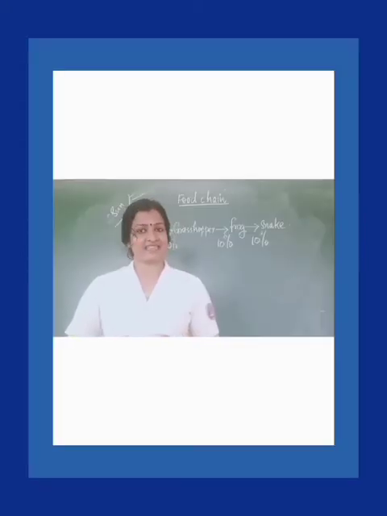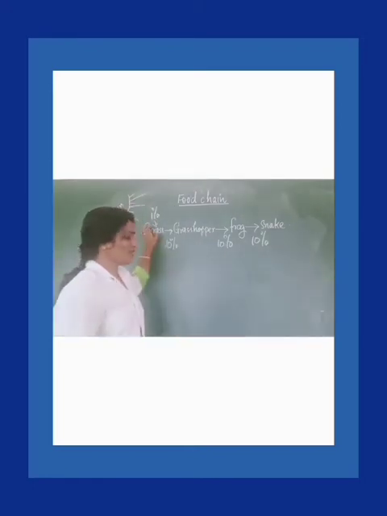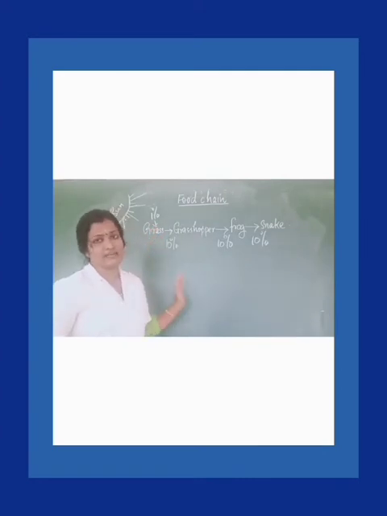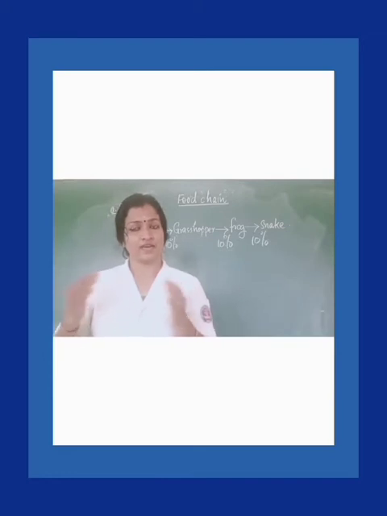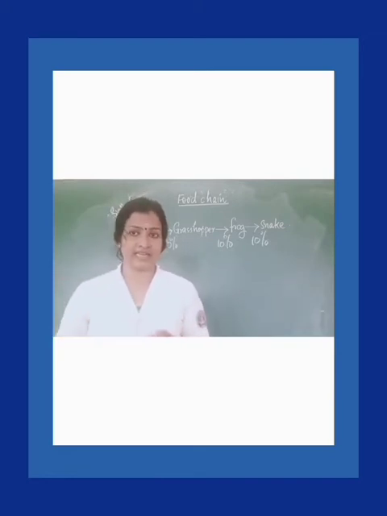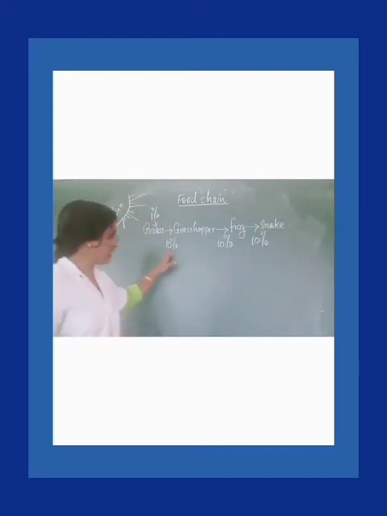The green plants in a terrestrial ecosystem capture about 1% of the sunlight that falls on their leaves. And they use this solar energy for the production of food material and convert that solar energy into chemical energy and store it in their bodies. A part of that energy they will use for various life activities. Then about 10% of that